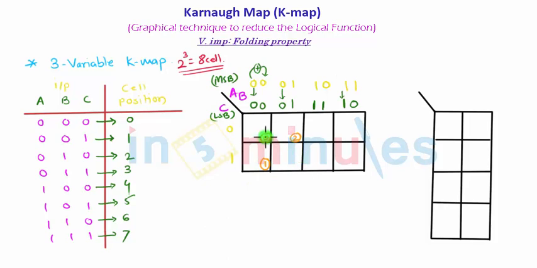If you go through, this will be 0 1 2 3. Here you will get 6 7 4 and 5. They are not in serial manner, so make sure that you are writing the correct cell number corresponding to the respective MSB and LSB bits.